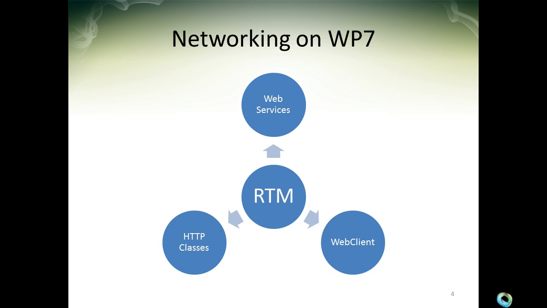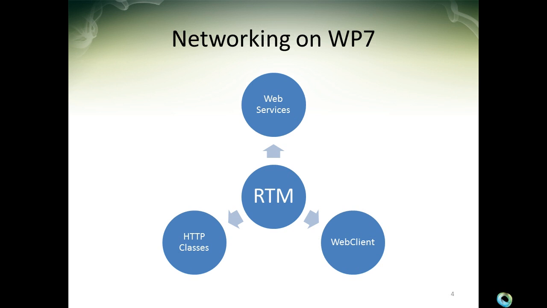Okay, so when we take a look at networking in the RTM version of Windows Phone, then it's apparent that networking per se already is very important for the phone because even though we are dealing with a mobile device, people expect that they have access to and integration with, for example, cloud-based services, that they can synchronize their data across multiple devices, that they can access all kinds of remote resources. So we already have a rich set of networking options on Windows Phone in the RTM release, in particular, like I said,